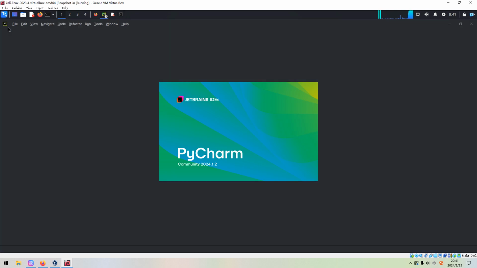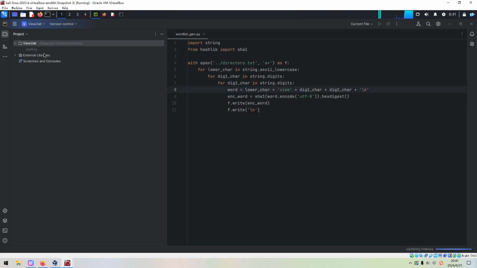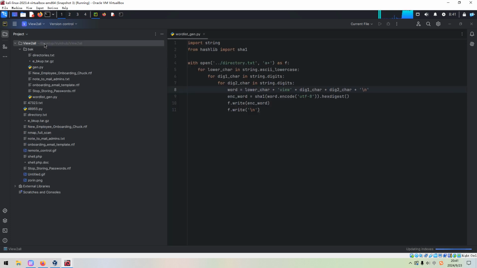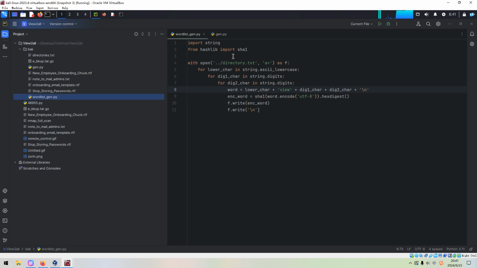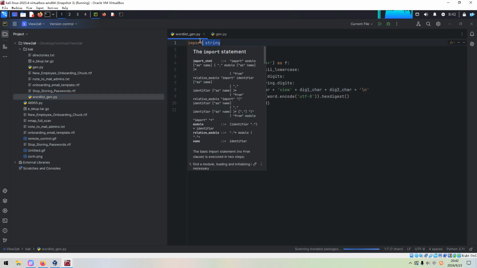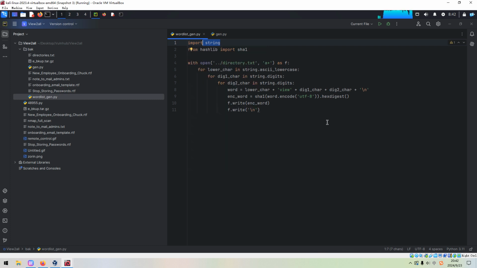A very simple Python script. As you can see over here, I've already created it. We import the string module, because string is the set of the alphabets and digits.